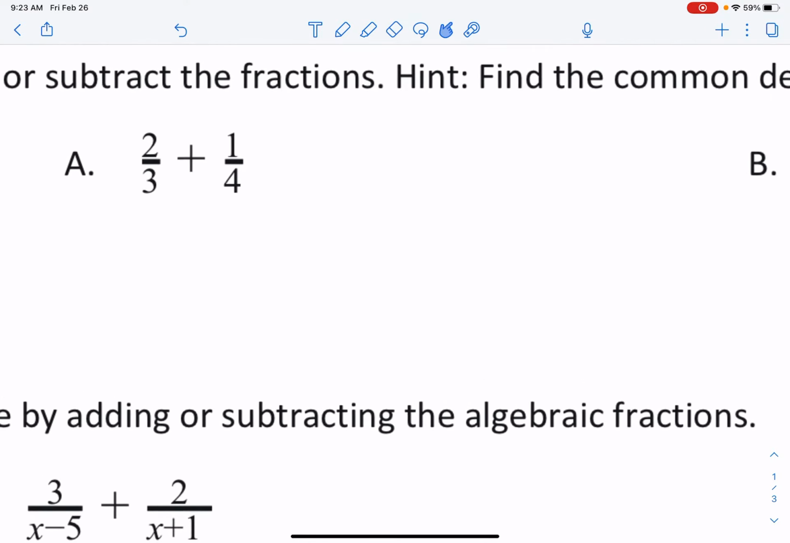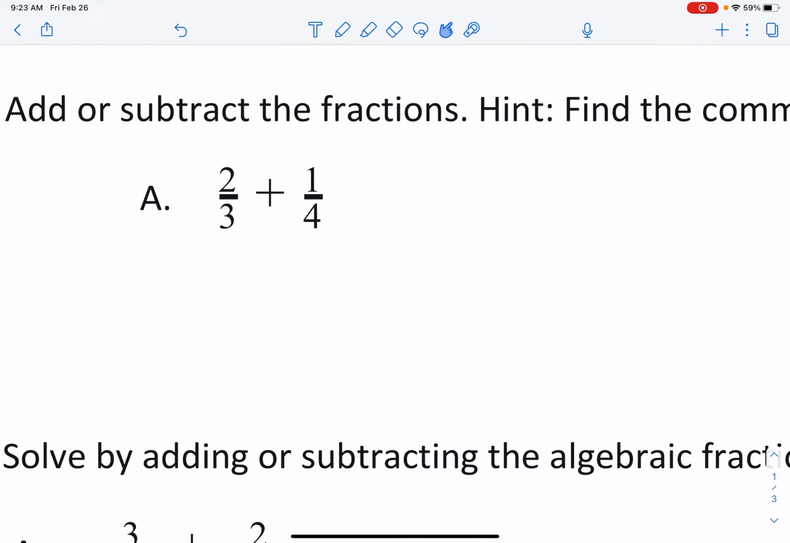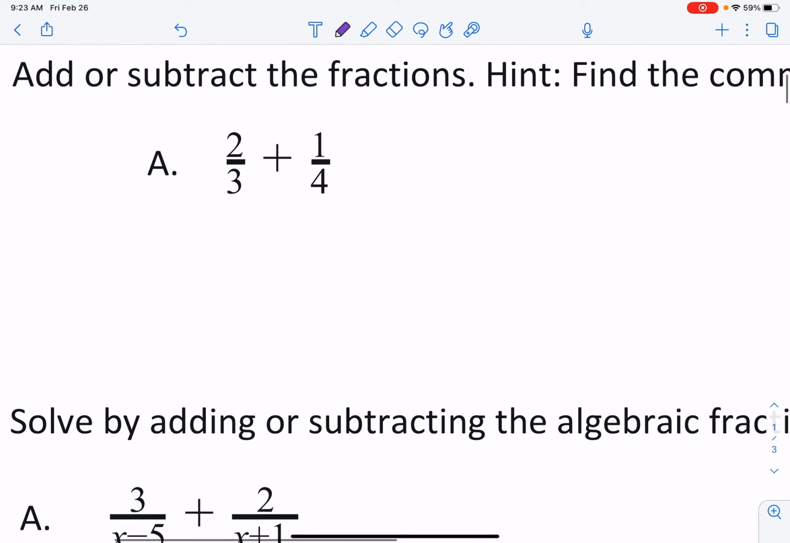So for letter A, it says 2/3 plus 1/4. There's a lot of different ways that you can do this. One thing that's different when you're adding and subtracting is you have to have the same denominator. So you want to find something that they have in common. A way that I like to write it is taking,